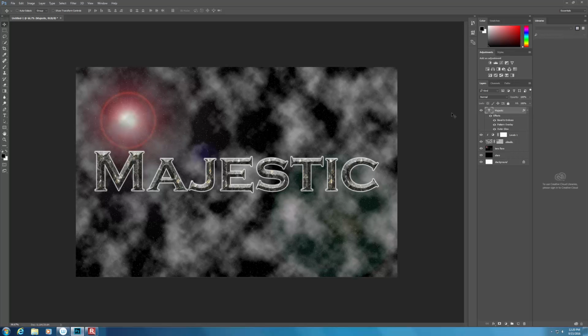So you just want to press Control J, and there you have it. And then you want to create a couple of groups. So while you're on the majestic copy, hold Shift and click on the original copy of the majestic text. Then you want to go down to this little icon right here, click it, and you create a group, call it text,